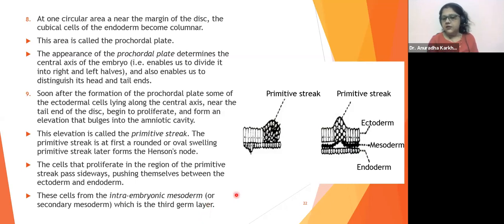Make up the mesoderm. Yes, but the primitive streak is going to be ultimately a result of whom? Ectoderm only, no? So indirectly, the ectodermal cells which gain the capacity to rapidly divide are going to make the primitive streak, which will make the mesoderm. Perfect. Okay? Got it? All of you?